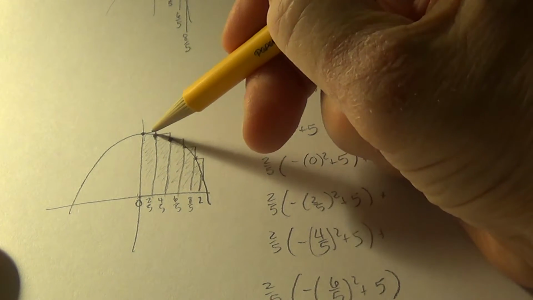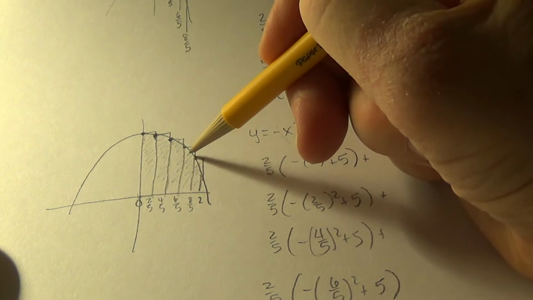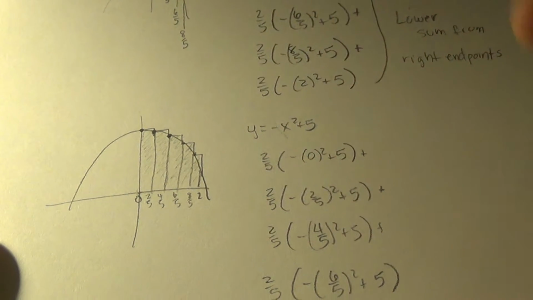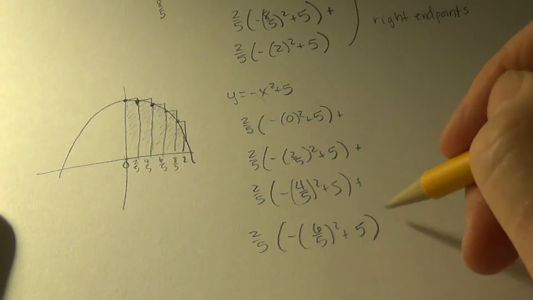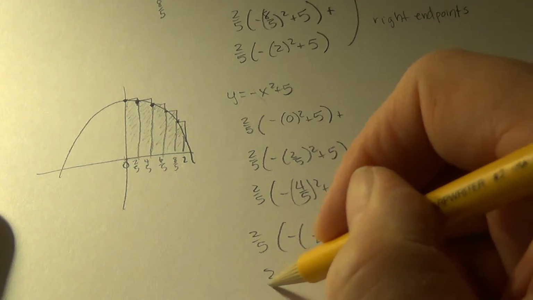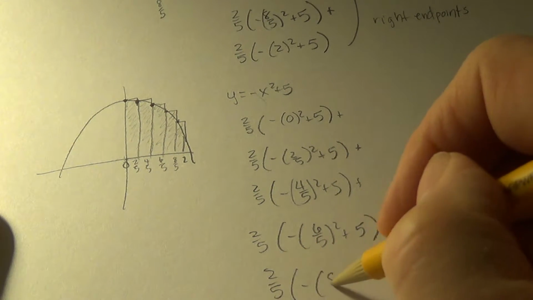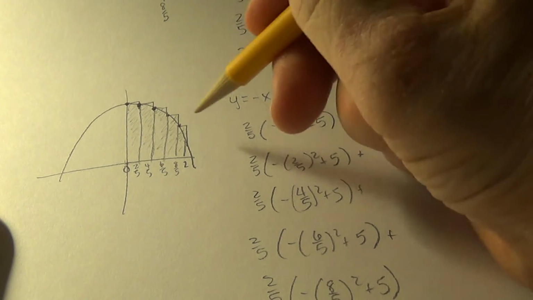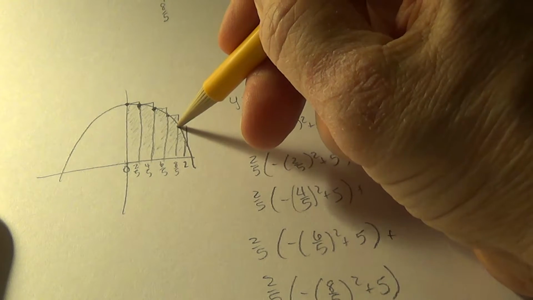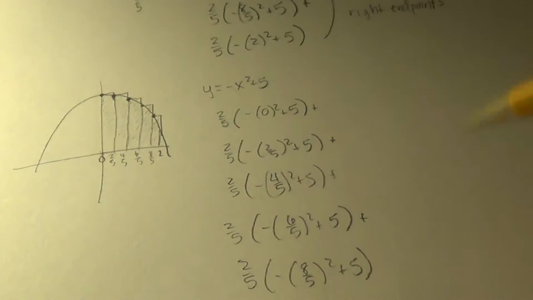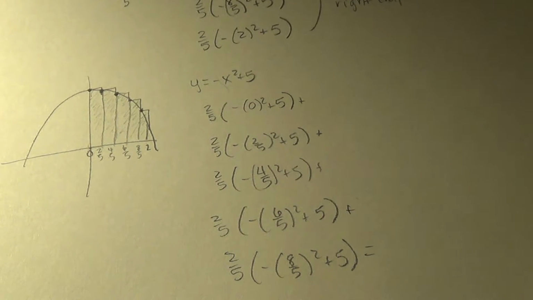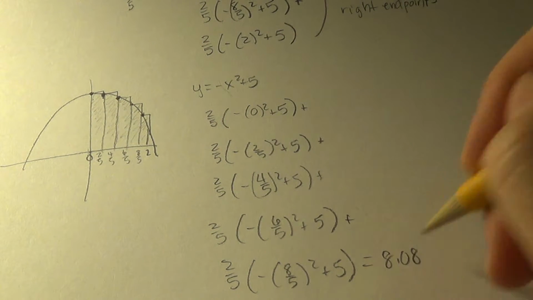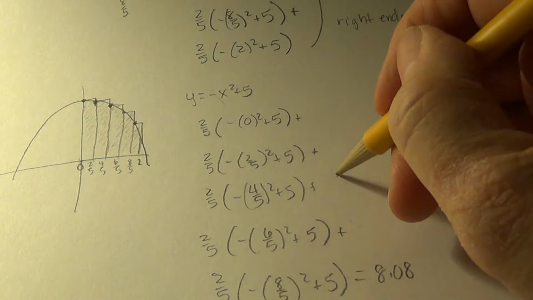Alright, so I've got this 1, 2, 3, 4, and I need to put 8/5 in next. And that's where I finish, right there. Alright, so all that ended up to be 8.08. So this was an upper sum